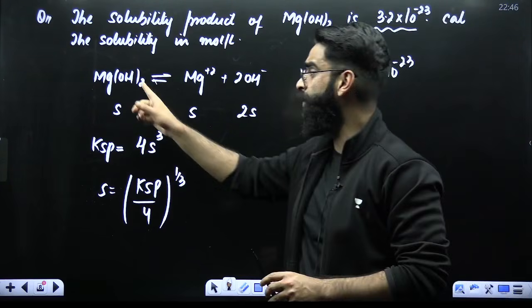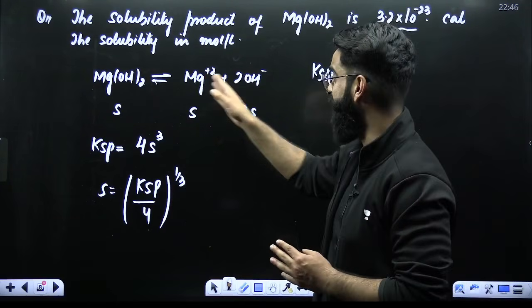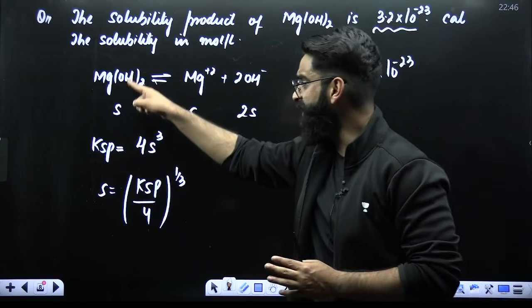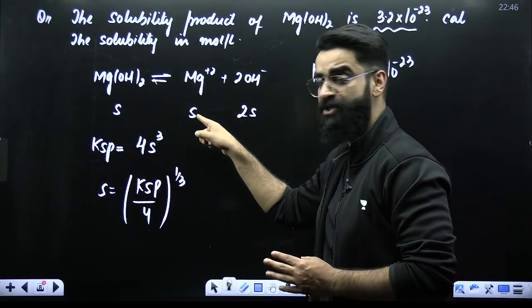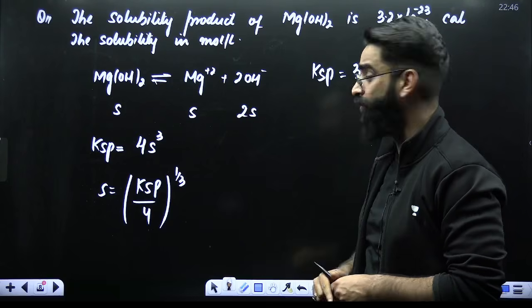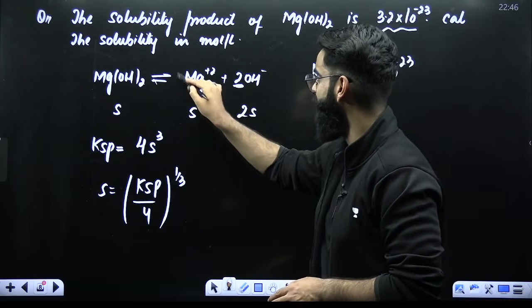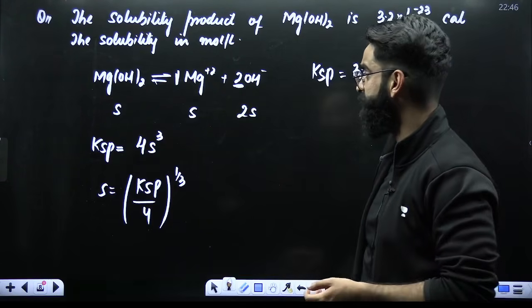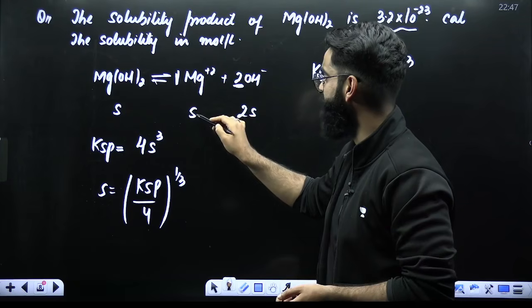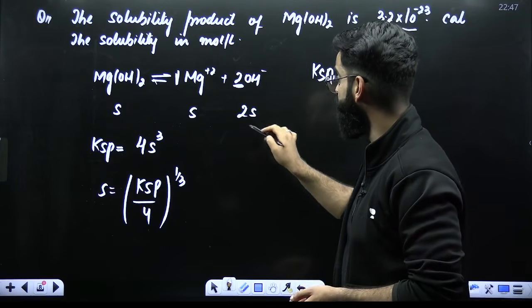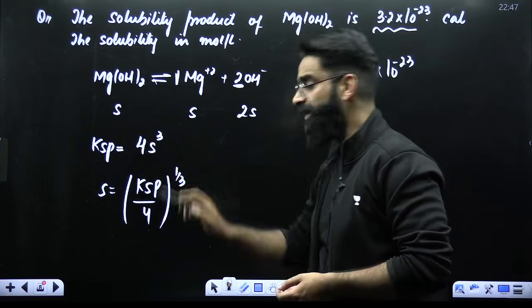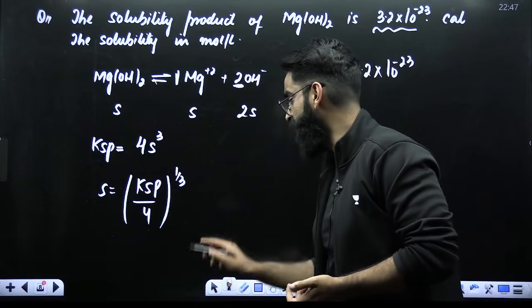First of all, how does this Mg(OH)2 undergo dissociation? Mg 2+ plus 2 times OH negative. If its solubility is S, its concentration is going to be S and its concentration is going to be 2 times S because the stoichiometric coefficient here is 2, here it's 1. Now, when you write Ksp expression, it's going to be concentration of Mg 2+, that's S, concentration of OH negative raised power 2. So Ksp value comes out to be 4S cube,